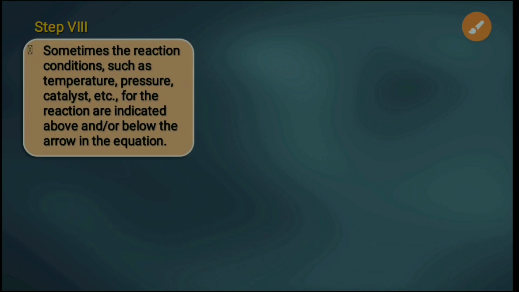Step 8. It is the last step. Sometimes the reaction conditions such as temperature, pressure, and catalyst for the reactions are indicated above and or below the arrow mark. For example,